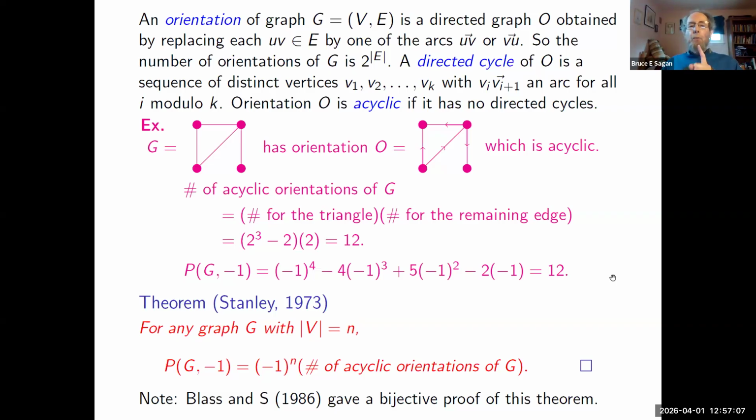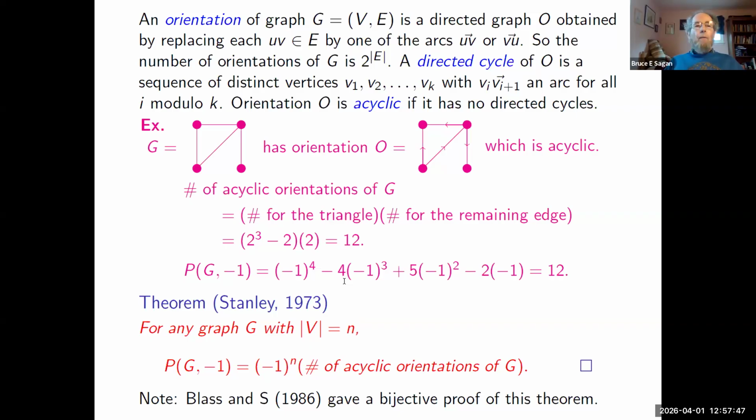So if I plug in minus 1 and then factor out a minus 1 to the fourth here, I'm going to be also able to factor out a minus 1 to the fourth here because I got minus 1 cubed and I got a negative, and then this is positive. So I can factor out the minus 1 to the fourth and I'm left with a sum of positive terms. So the only question is, why are those positive terms related to acyclic orientations? Well, it's a famous theorem of one of Birkhoff's students that these coefficients count what are called NBC sets